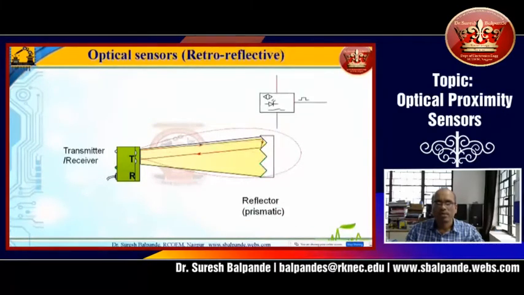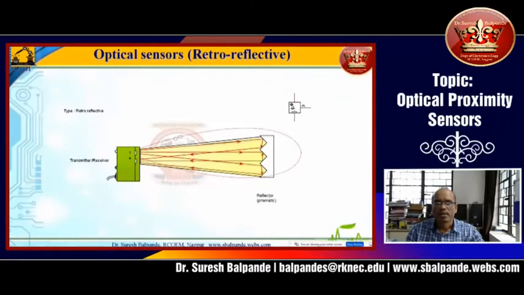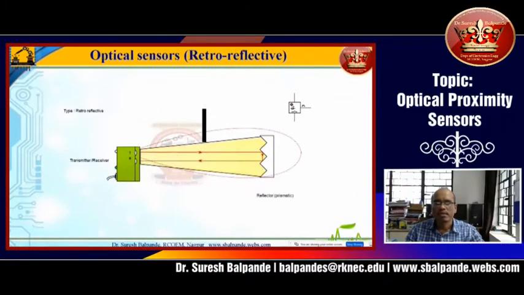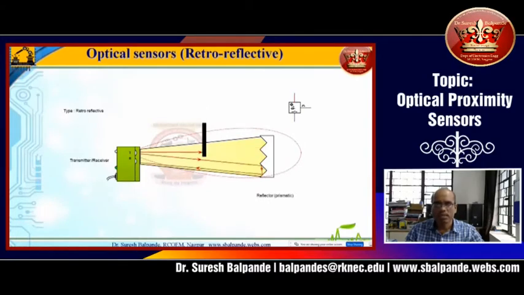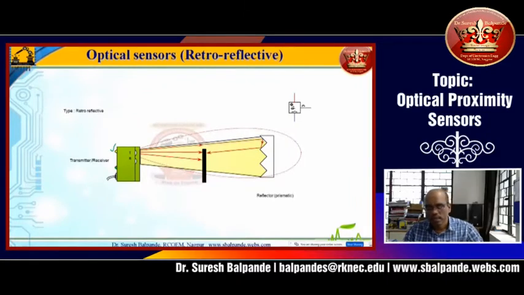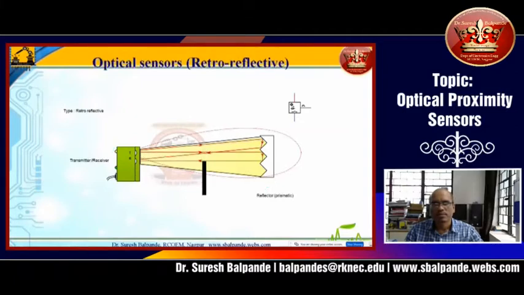So what will happen here? You can see, if there is a target, and once this target starts interrupting the light, now you can see here. Now this LED is showing white, meaning no light is there. The moment it has reflected the maximum light, then it is shown by the yellow color, so that indicates that there is an object present in between these two, transmitter and receiver. Receiver means here only the prismatic glass. So like that.